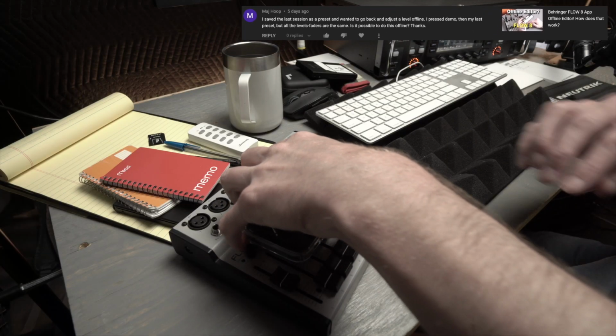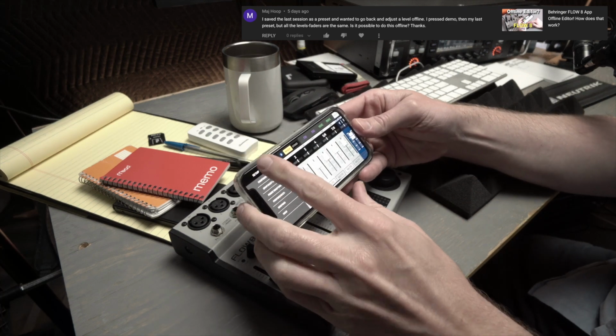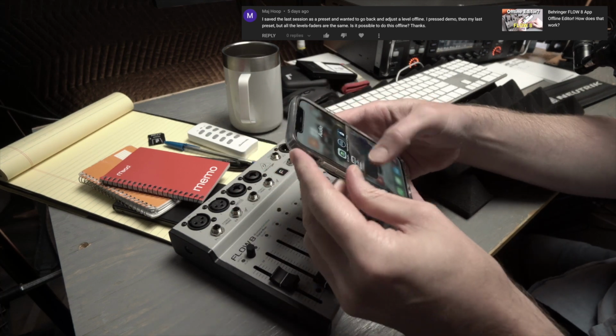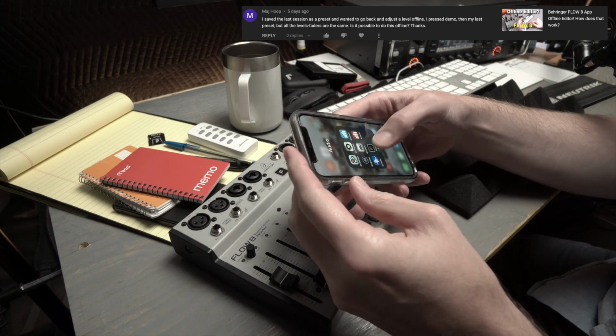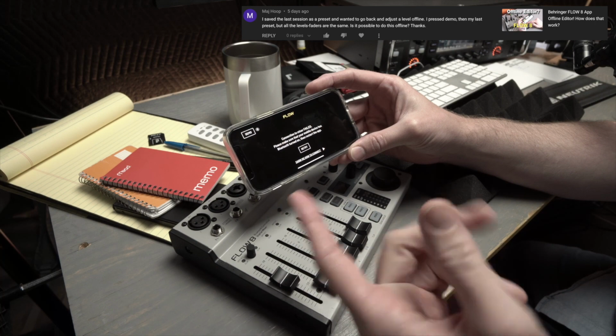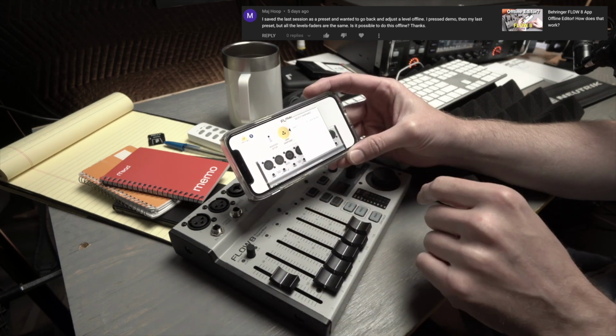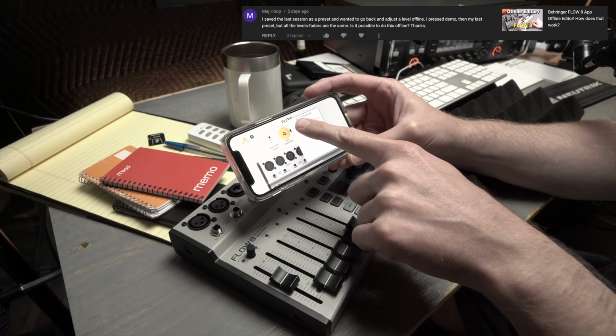Thanks. All right, so you can see my Flow 8 is turned off here, and let's open up the app and I'll relaunch that just so we can see that it's off. It's going to look for a connection. It's going to fail because it's turned off, and we're going to go into demo mode. Right, so now I can load a snapshot, and I've only got one snapshot in here for this,